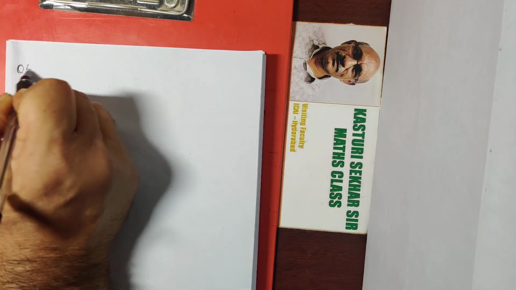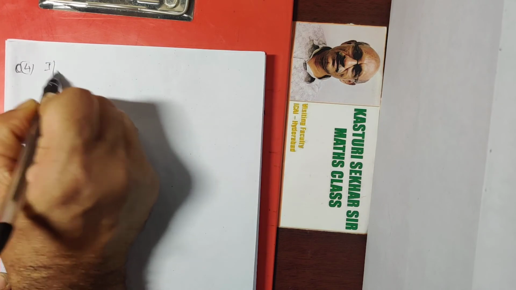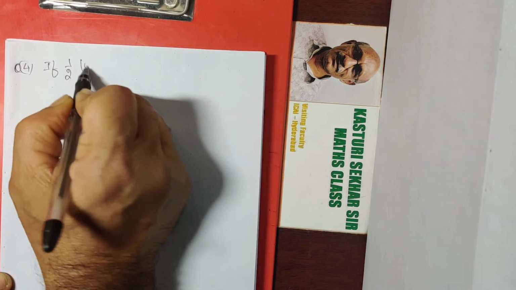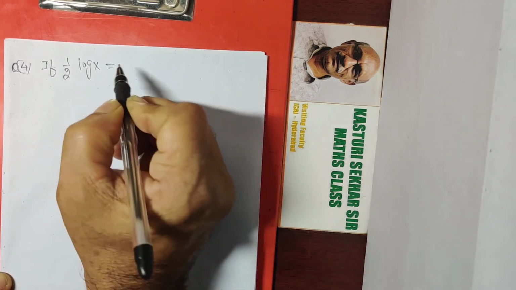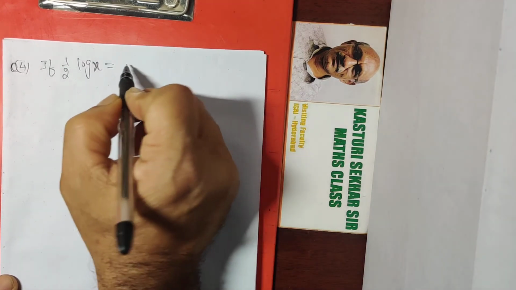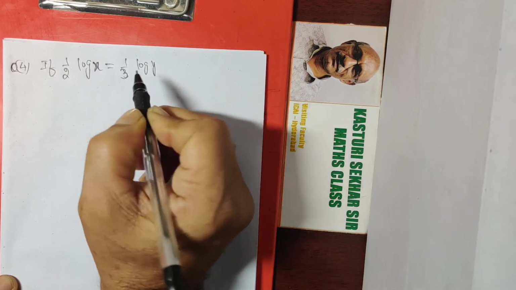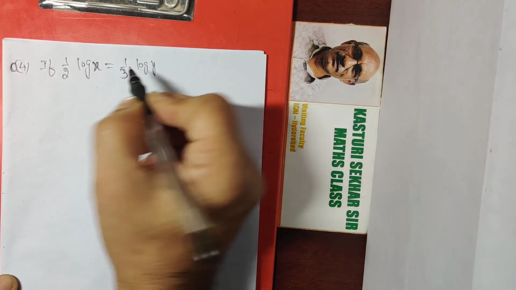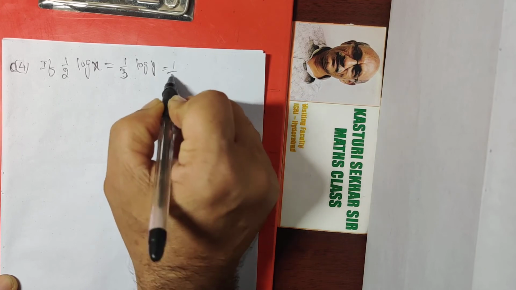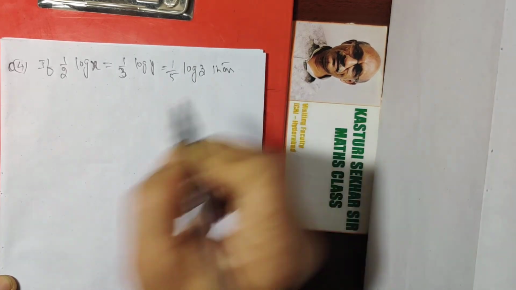Question number 4. If 1 by 2 into log x is equal to 1 by 3 into log y is equal to 1 by 5 into log z, then